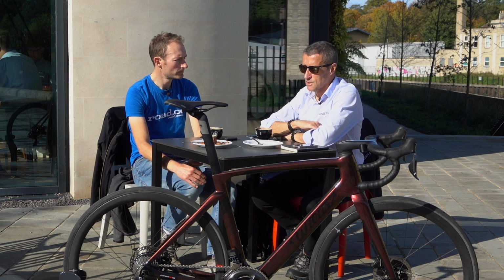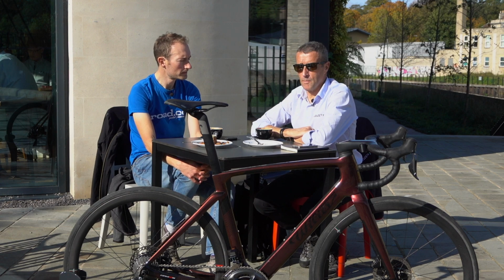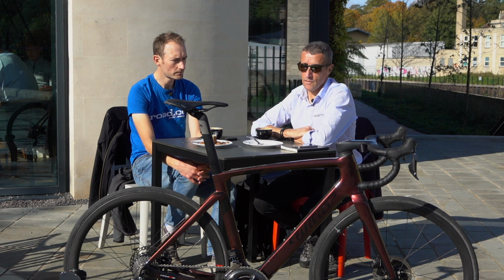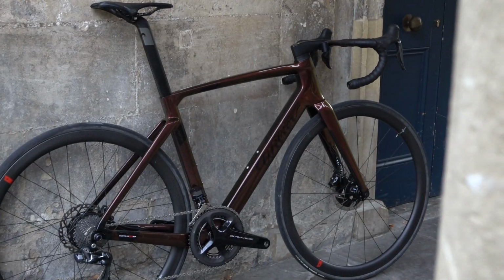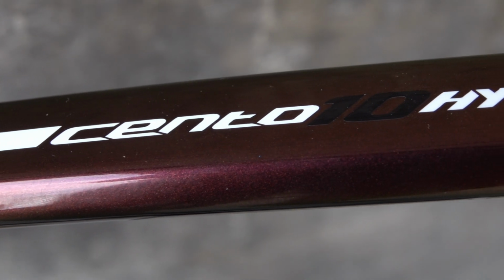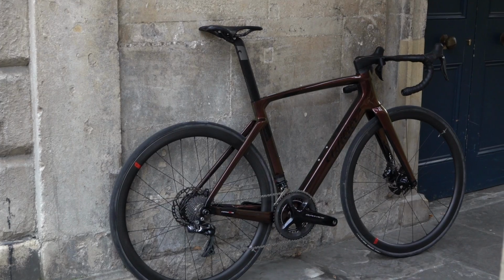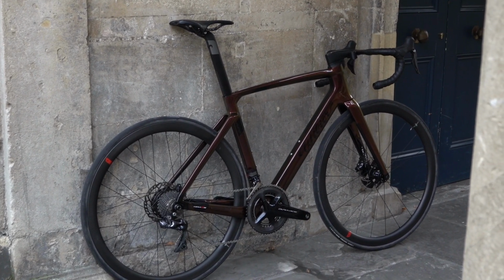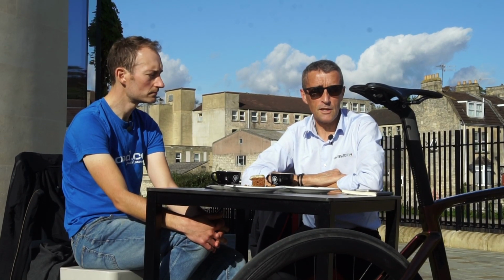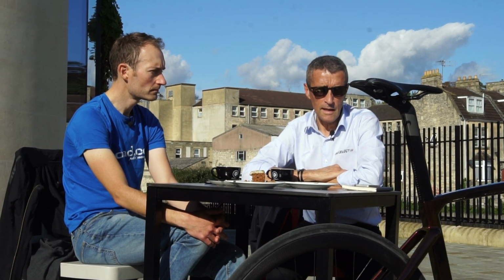Well, that's the real art of making a high-end frame these days: the carbon layup. Frames are made out of a huge combination of grades of carbon fibre pre-preg, and there are probably 200 or 300 pieces of carbon involved in the frame. Where you put them and how you lay them up to optimise for weight is where the real art of a modern carbon frame comes in. So basically what you're looking to do is put the right grade of carbon in the right place and in the right wall